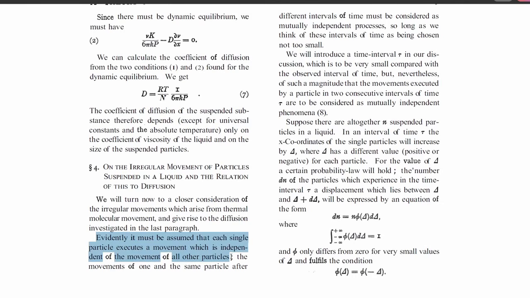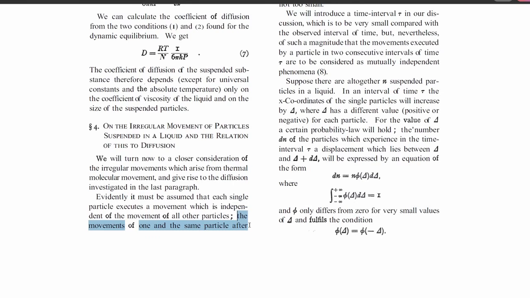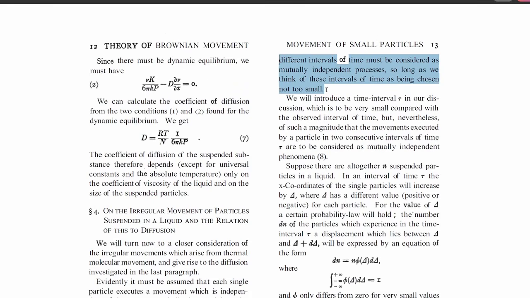diffusion. Evidently, it must be assumed that each single particle executes a movement which is independent of the movement of the other particles. The movements of one and the same particle after different intervals of time must be considered as mutually independent processes, so long as we think of these intervals of time as being chosen not too small. We will introduce a time interval tau in our discussion, which is to be very small compared to the observed interval of time, but nevertheless of such a magnitude that the movement executed by a particle in two consecutive intervals of time tau are to be considered as mutually independent